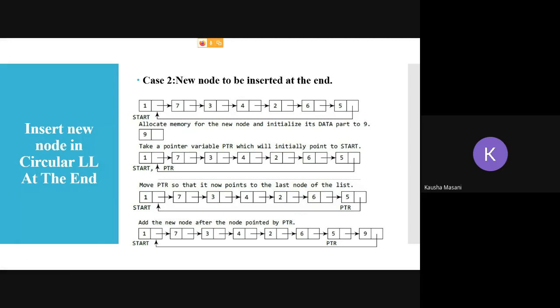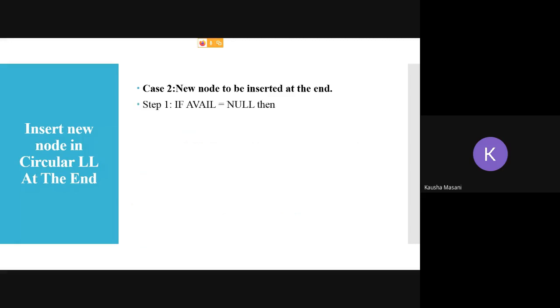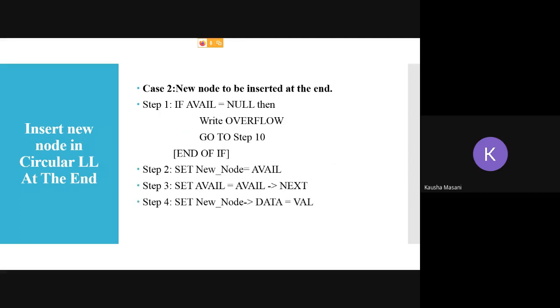Let's see the algorithm. The steps, first 5 steps is going to remain same. Okay, you are going to check if memory is allocated or not. If it is allocated, then you are going to give the data value. Fine. Then you are going to give the new node next equal to start. We know that the next pointer, this new node is going to be at the end and satisfying the property of our circular linked list. New node next, which is the last node, is going to point towards your first node, which is pointed by your start. So we have already given the value start.